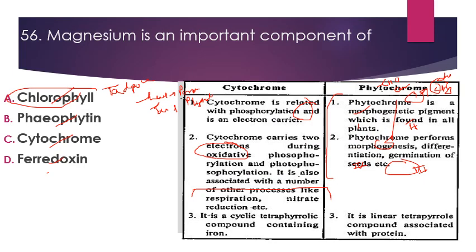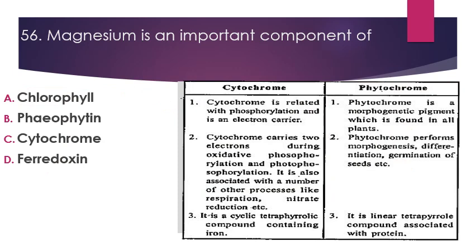Next comes cytochrome and phytochrome. So these are again two important pigment systems. Cytochrome is related with the phosphorylation in an electron carrier, while phytochrome is involved in morphogenetic responses and found in all the plants. Cytochrome carries 2 electrons during oxidative phosphorylation and photophosphorylation. It is also associated with a number of other processes like respiration, nitrate reduction,